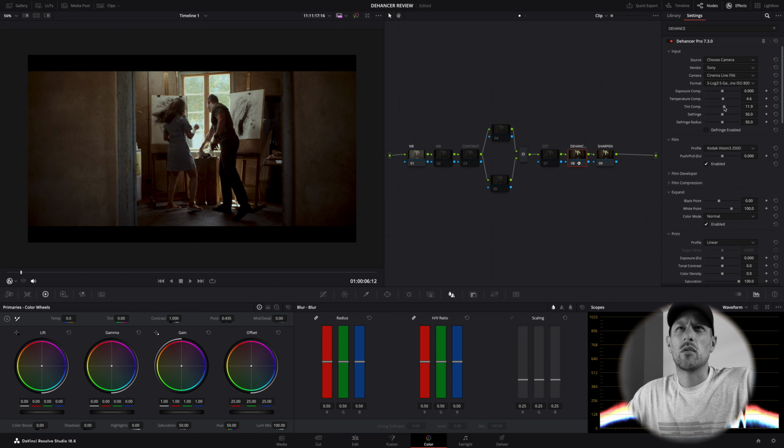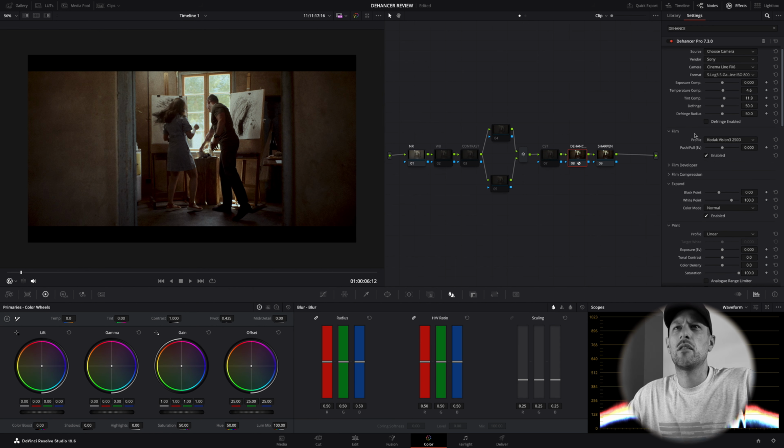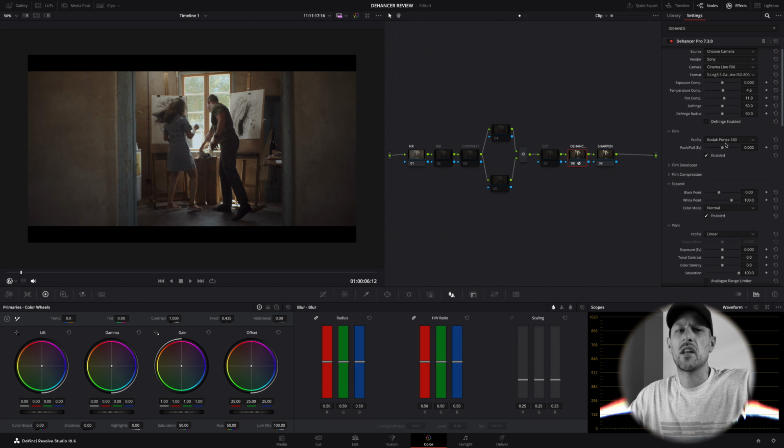Yeah, let's go more. Right about there, that's nice. Okay, so down here in your second little tab, we have the film emulation setting. Now, there is over 60 different film emulations you can choose from. So, it's huge, and they all do different things